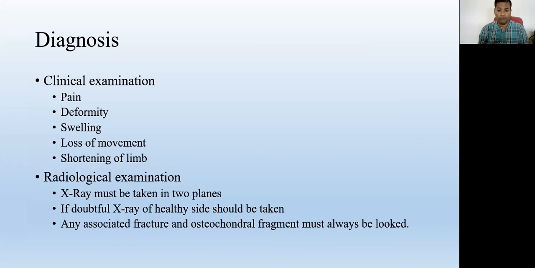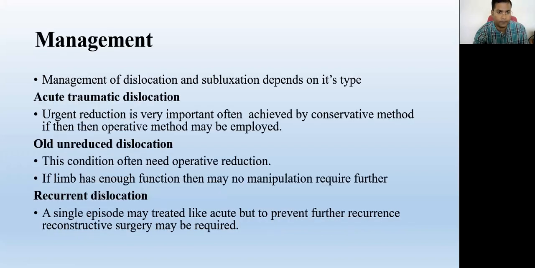Okay, so if any patient comes with a hip injury, the first thing you do while examining is take the measurement. You keep both limbs side by side, and you can appreciate the shortening or the lengthening. If there is shortening, then there may be a femur head fracture, or a posterior dislocation of the affected joint. If it is lengthening, then there is an anterior dislocation. This kind of examination is very important, and you must remember these deformities.